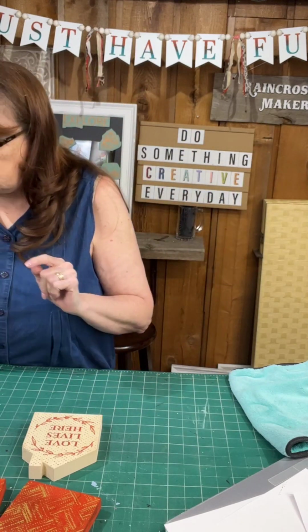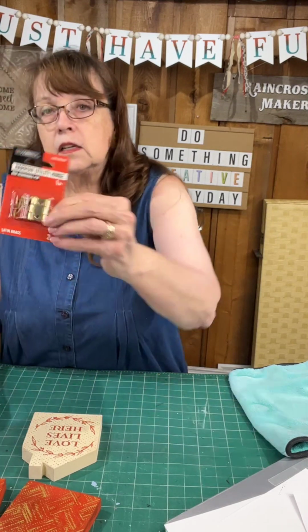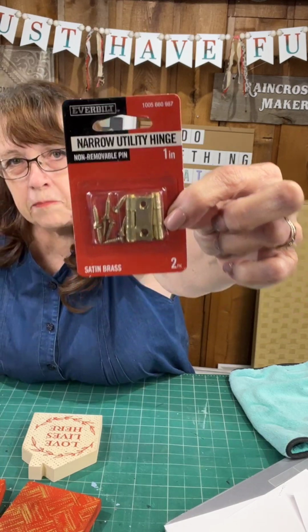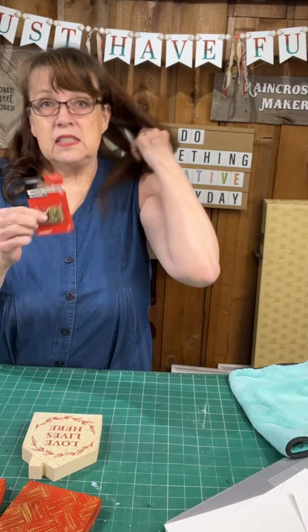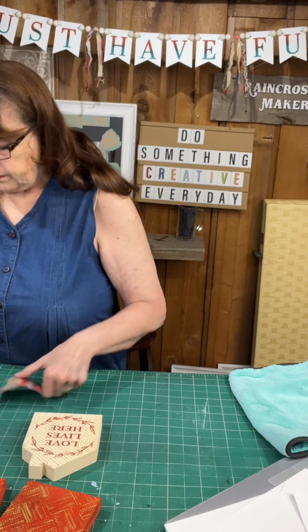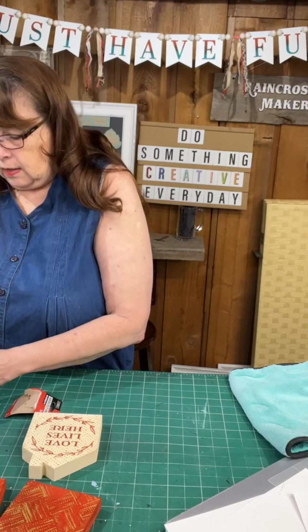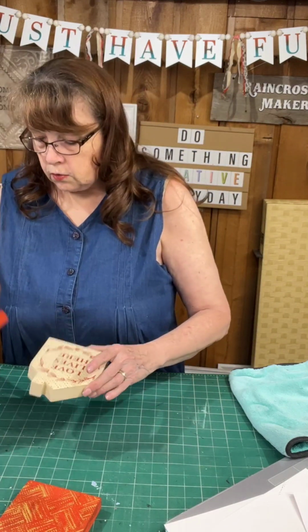Okay, so what I'm going to do is hinge these together so that they will help hold each other up. They won't necessarily be straight across, but I can kind of angle it in. I got some hinges from the Home Depot. They look like this. They're 1-inch hinges. I think some craft stores might have even smaller ones, but for this project, this will work. I got the gold finish, or satin brass finish. They also had black finish, and silver zinc colored finish. So we are going to attach these